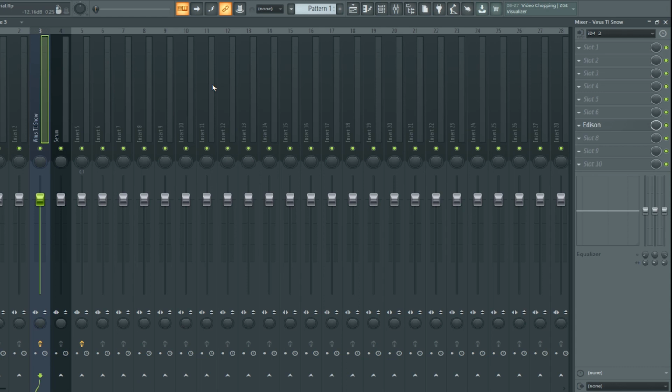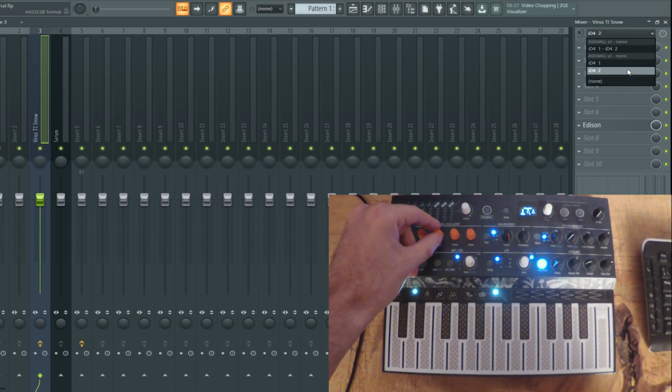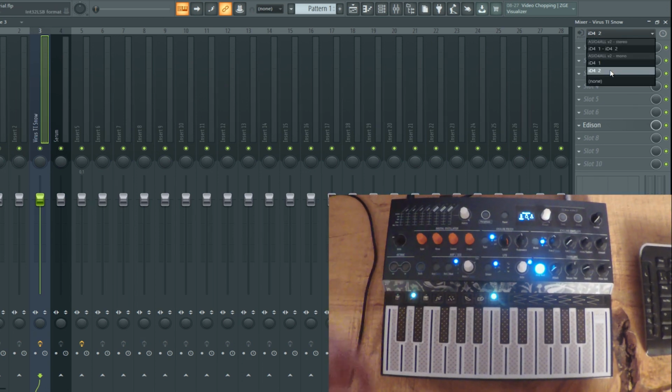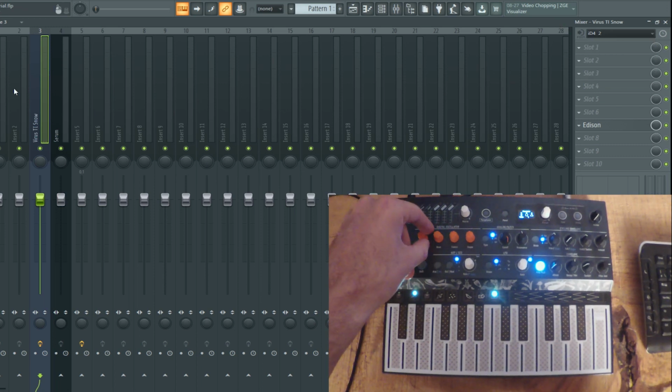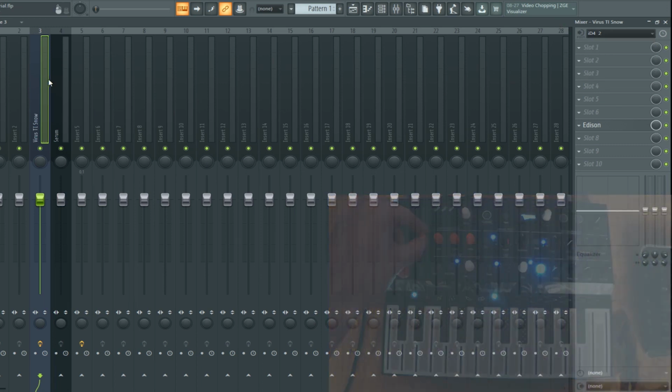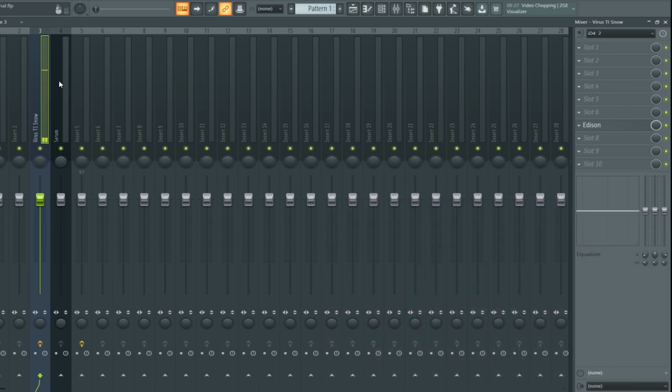Now, what we need to do is actually get the audio source from which we will extract our wavetable. I'm currently using the MikroFreak by Arturia, and it is routed inside FL Studio with my sound card. So I have the signal coming in right here, and it sounds like this. I'm using one of the wavetables from the MikroFreak, and I would like to use this wavetable inside Serum and